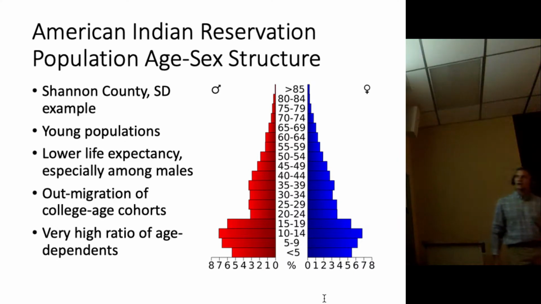There's a lot more young people than older people. Okay, all right, so you have a very broad base in this population pyramid, and generally that tells us there's rapid population growth, a very fast growth rate, which is perhaps true for American Indians in general. However, this is just a little funky, a little too weird. This is one age-sex pyramid for Shannon County, South Dakota.